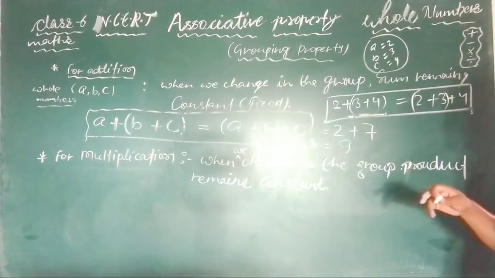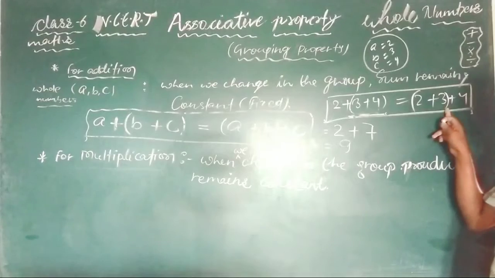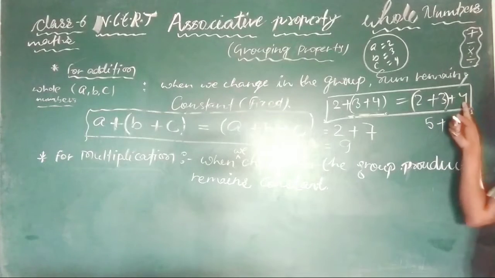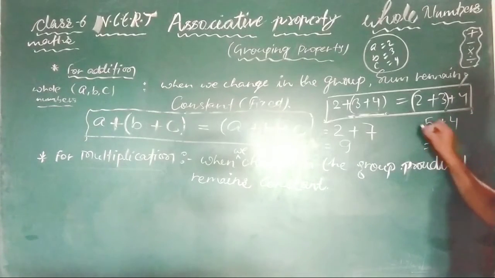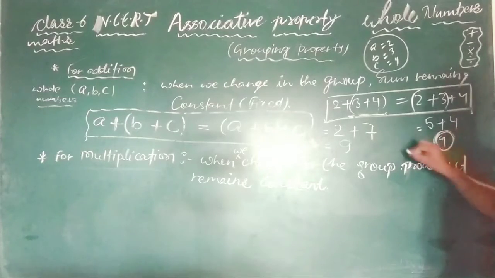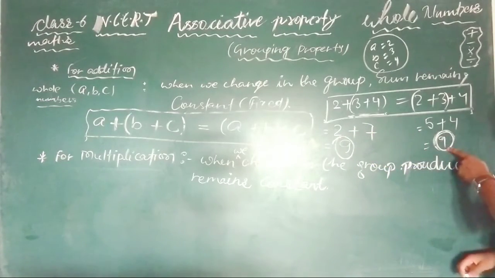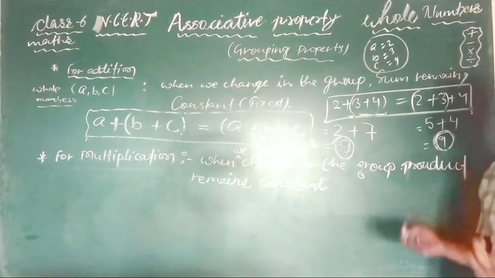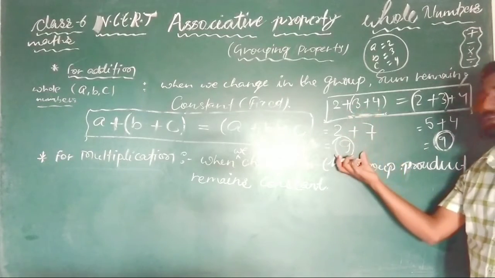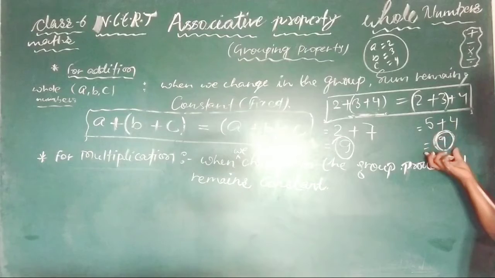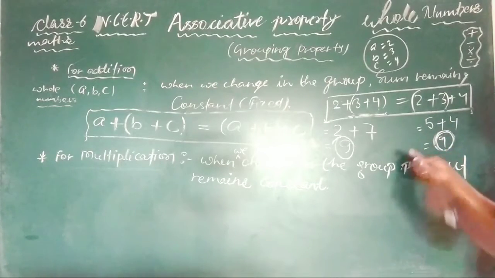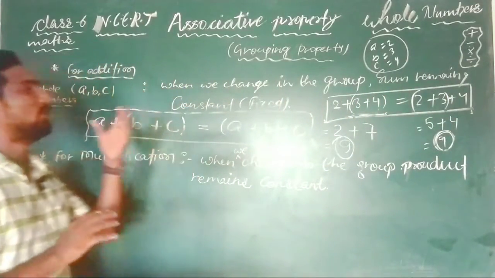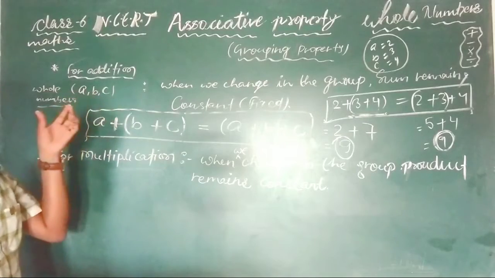Now see what the process says. In the bracket, first we do the numbers in the bracket. So 2 plus 3 is 5, and outside 4 is standing. So if you do the simplification here, it will also come to 9. You can see the answer which I got here, I get here also. So the answer is matched, which means this term can be written as this term. It is okay, because if you write like this or like this, the same answer will come. So this is what I said, that it is followed. Associative law for whole numbers is followed for the addition operation.